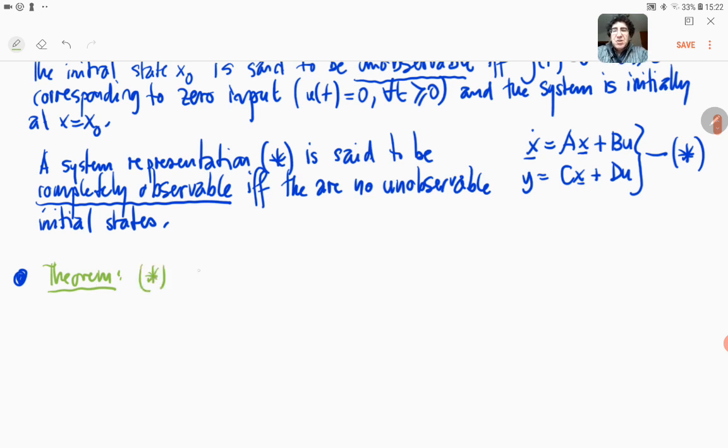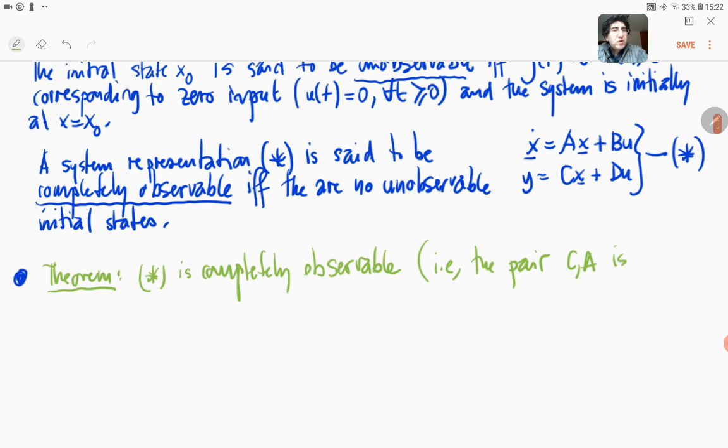System representation star is completely observable, that is the pair C, A is completely observable,